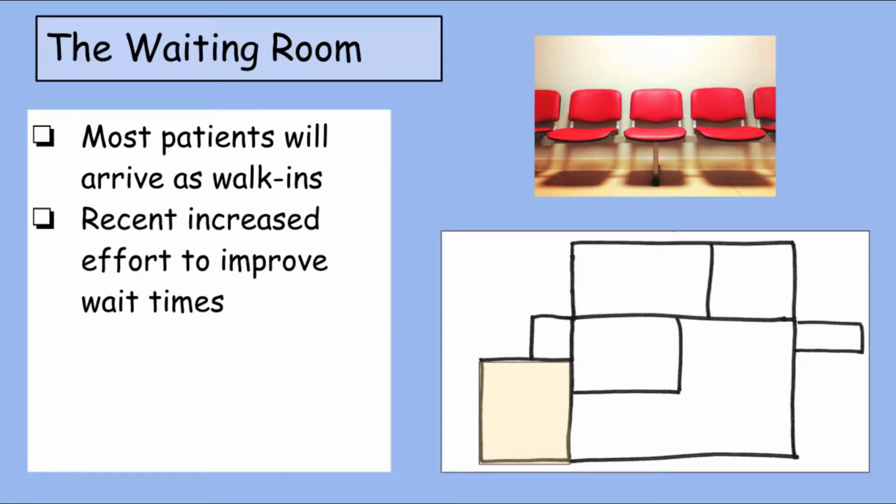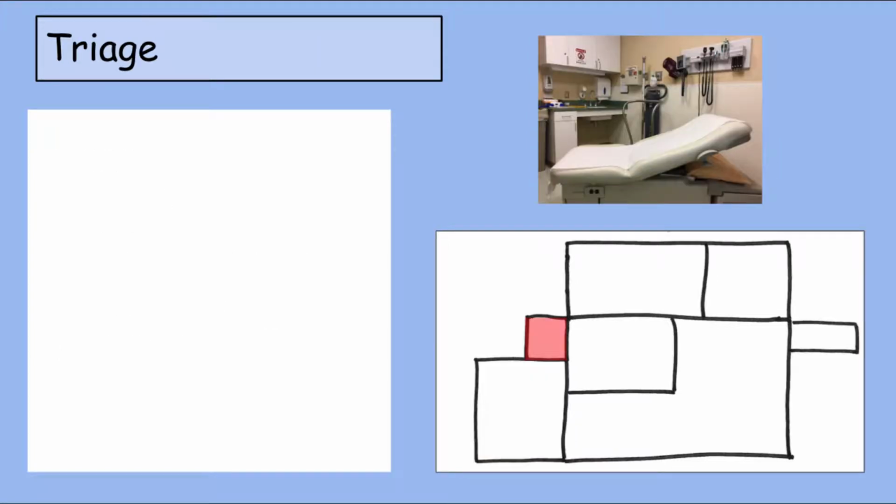There's been a recent push to improve waiting room times, and they'll talk about a door-to-doc time. What that means is when the person checks in at the front and registers, the clock starts, and the doc time is when the doctor logs into that patient on the computer system and starts to track that. The computer system will timestamp those times and keep track of what's called door-to-doc time. An efficient ER is supposed to have a short door-to-doc time, and there are different ways to do that. One of the ways that they